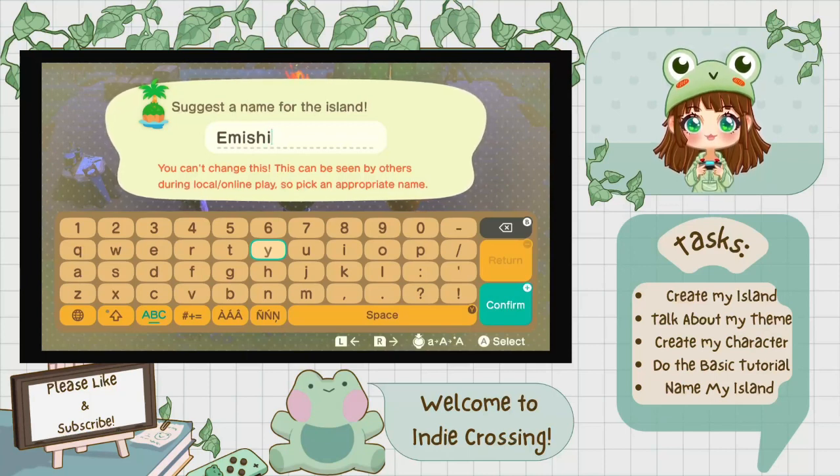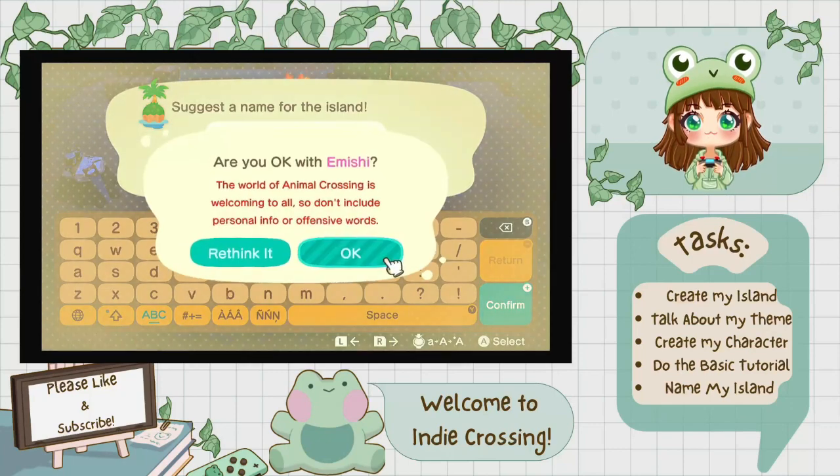So I think that fits the most. I could have named the island Irontown or Cedar Forest. Cedar Forest, from what I understand, is the actual name of the forest from the movie. But I don't think Irontown really fits because I don't want to recreate Irontown or anything like that. So I think Amishi works the best.